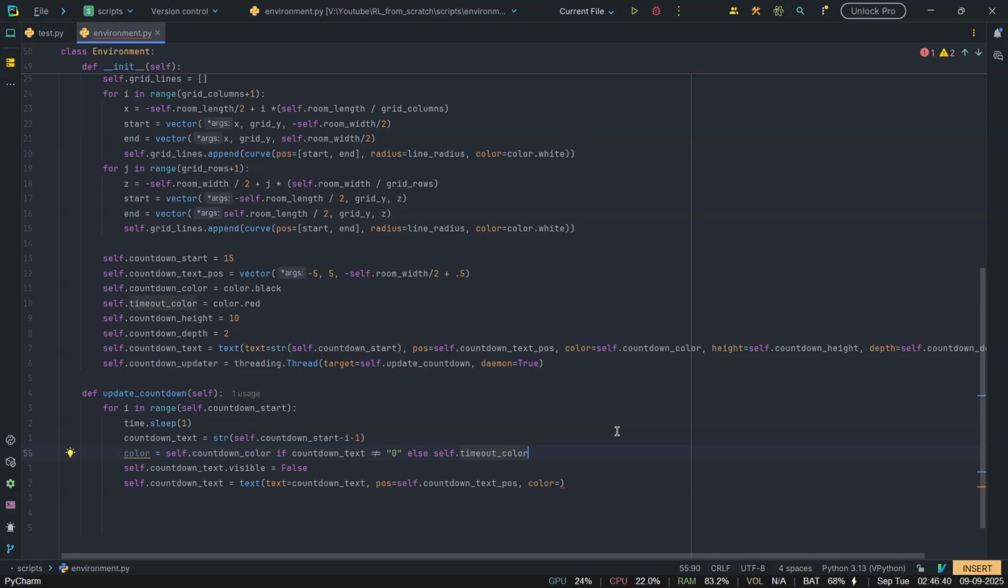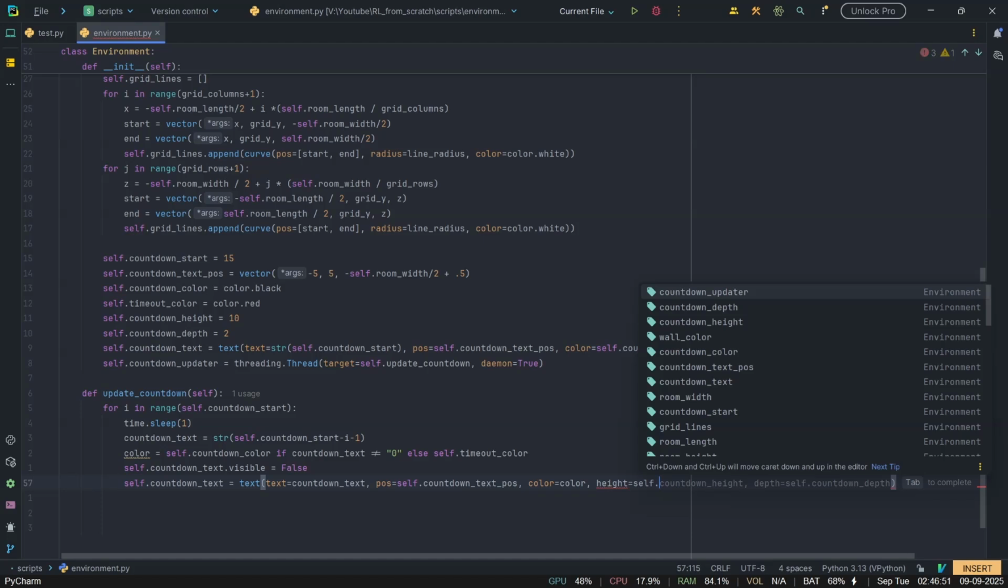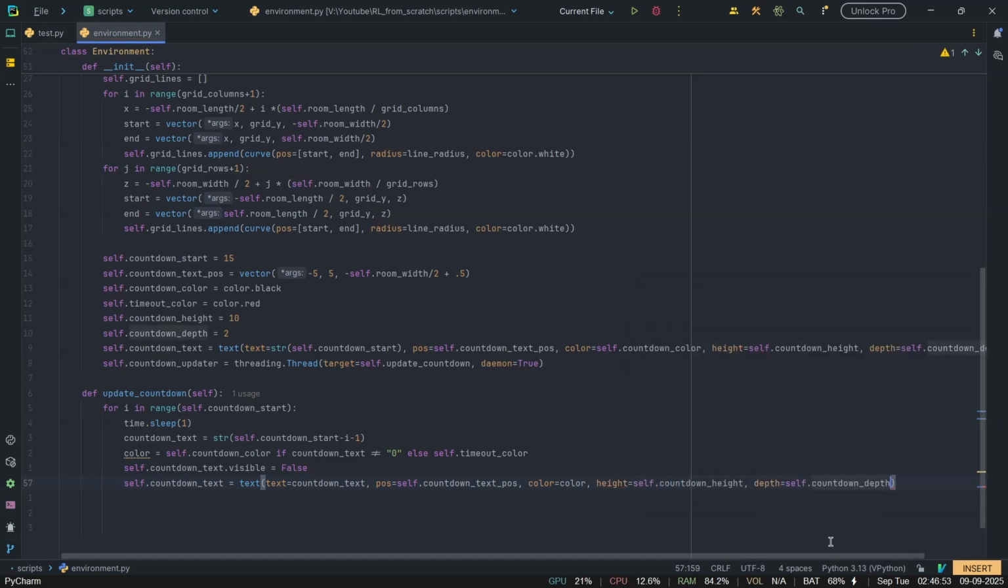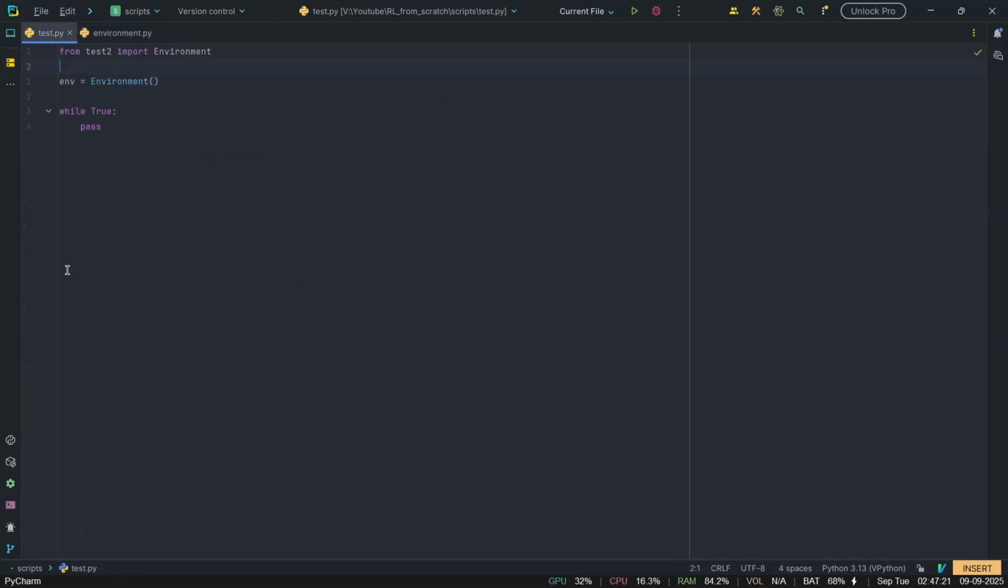So once it hits 0, it's going to turn red. Otherwise, it'll be black. And we're going to say color equals color. The height is self dot countdown height. The depth is self dot countdown depth. So now if I were to run the script in test.py,